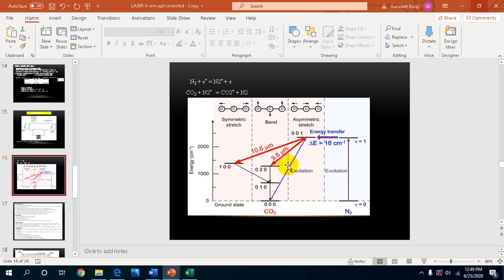The molecules that arrive at levels 3 and 2 decay through radiative and collision induced transitions to the lower level 1, which in turn decays to the ground state by colliding with the walls of the quartz tube. So a CO2 laser can produce a continuous laser beam with a power output of several kilowatts, while at the same time maintaining a high degree of spectral purity and spatial coherence.